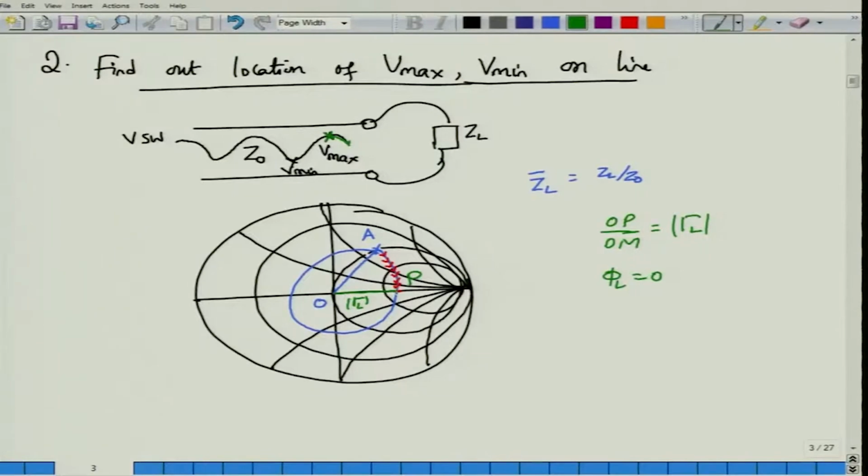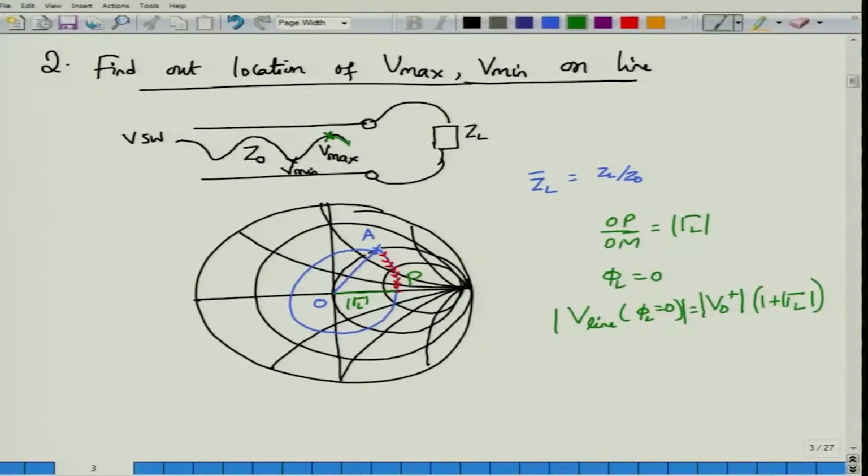So if the phase angle is 0, what would that indicate to you? What is the voltage at that particular point? The voltage along the line at the point where phi L is equal to 0 is simply given by the magnitude. Since you are only looking at the magnitude, this would be magnitude of V0 plus times 1 plus magnitude of gamma L, because this would be 1 plus gamma L magnitude times e to the power of j(2 beta z plus phi L),